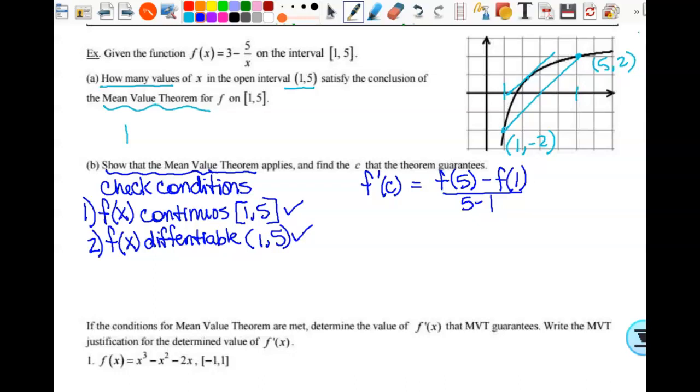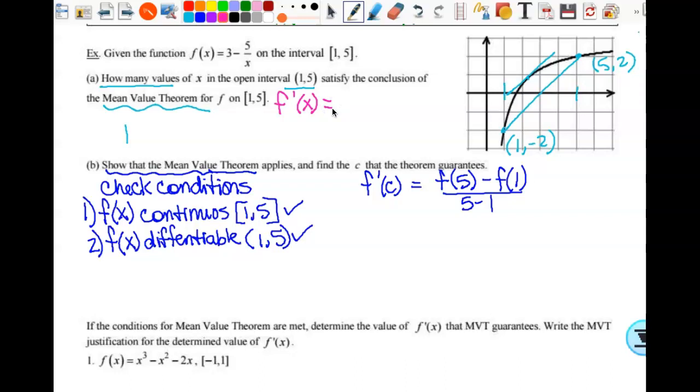Okay, we want to show that that's true. We have f of x, we have it as a graph, and we have it here. So I need to first find the derivative, right? Well, I don't have to do it first, but we'll go ahead and find the derivative. F prime of x equals,